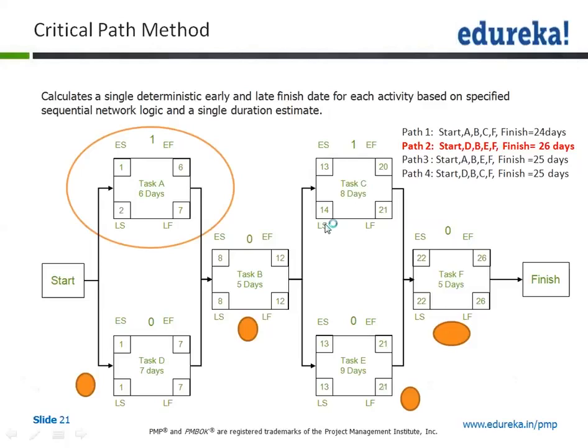So the way you have worked out this diagram is we have moved in the critical path sequence. First we went through a forward pass, then we returned in a backward pass. By going through the forward and backward pass, we have filled in the early start, early finish, late start, late finish. By doing this, we now get to know which is the critical path.